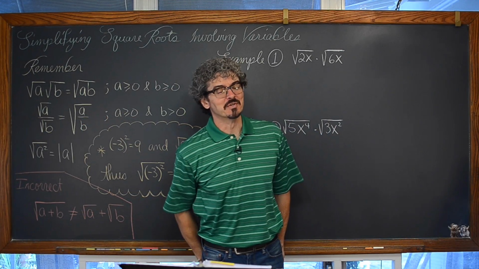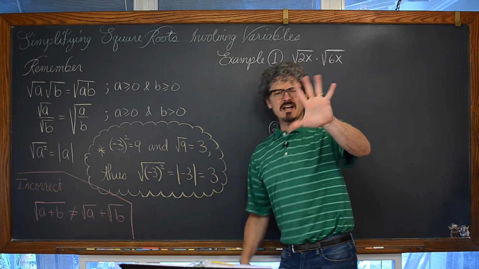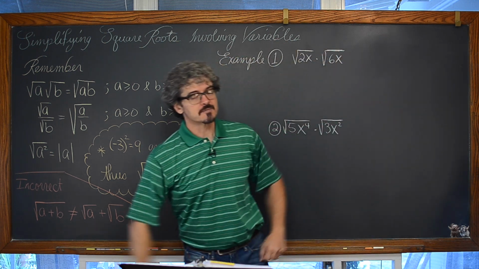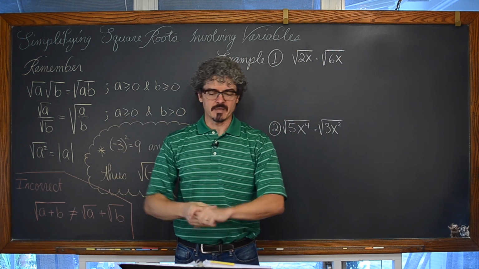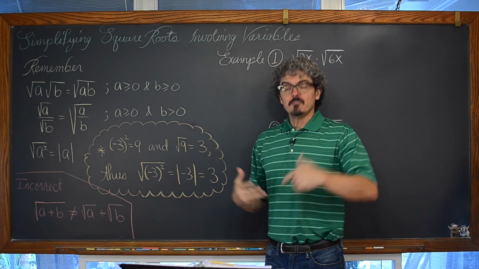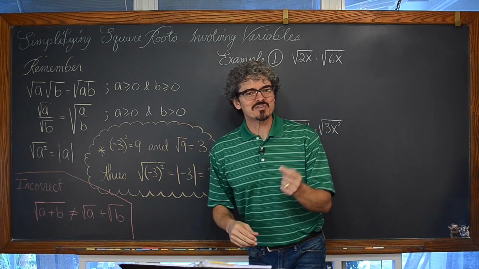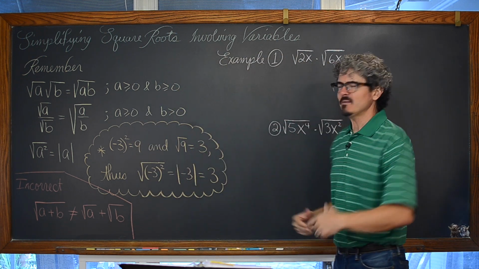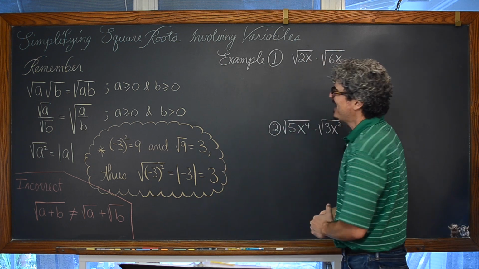Bam! Mr. Tarou here. In this video, we're going to be doing 5 examples involving simplifying square roots that involve variables. In the description, you'll find timestamps to jump ahead to each of these 5 examples if I happen to start off with something that's maybe not what you're interested in, and you'll also find links to old videos that I've done related to this content. Actually, maybe some of them are not that old, but let's get started.